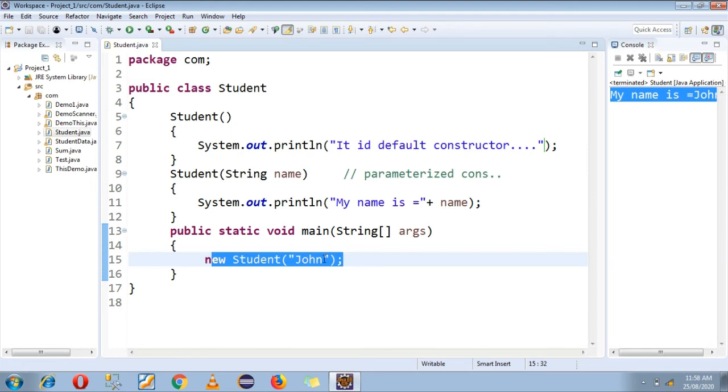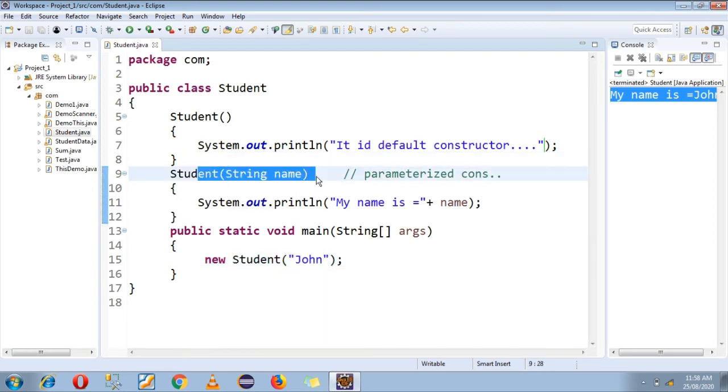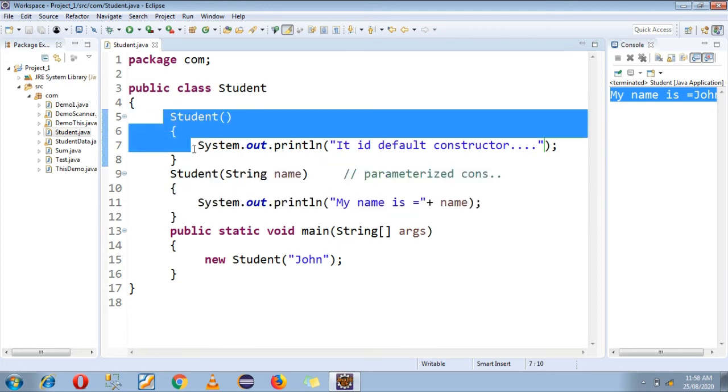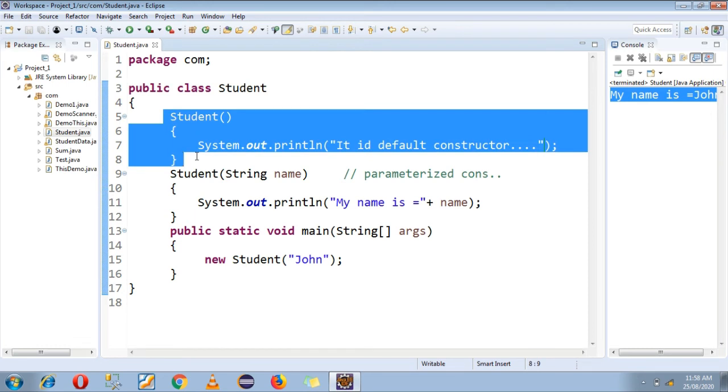What about this default constructor? If you want to call this default constructor, you can go to the main function, delete this value and run your code. See, it will execute the default constructor. It is the default constructor.